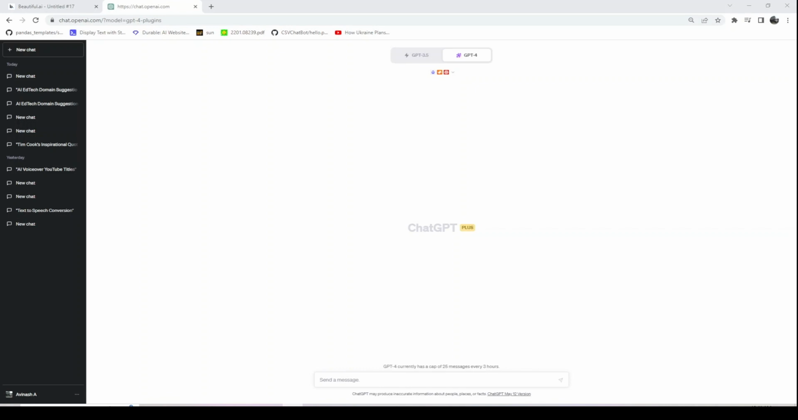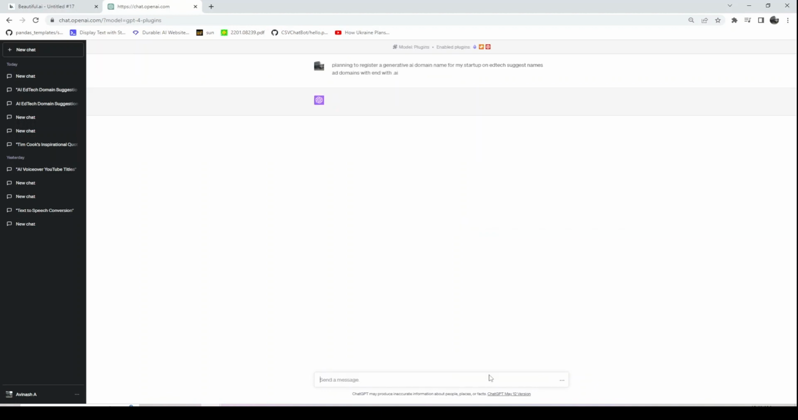Initially, let's run our prompt without enabling One Word Domain plugin. Our input prompt is: planning to register a generative AI domain name for my startup on edtech. Suggest names that end with .ai. As you can see, ChatGPT has suggested the following 10 names: